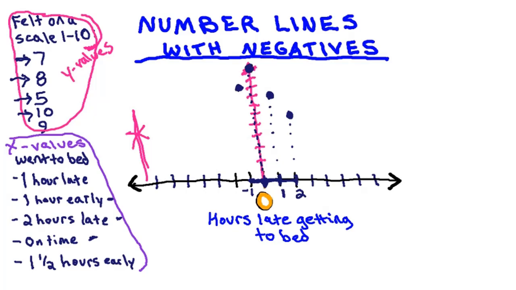And then finally, you went to bed 1.5 hours early. So on the x-axis, that's going to be a -1. But we're not going to really put a dot there. I'm just doing that to show you where we're at on a -1. And you reported that you felt about a 9. You felt pretty good. So we're going to go up and we're going to put a dot right here at the 9. So as you can see, if we draw a line connecting all of these dots in order,